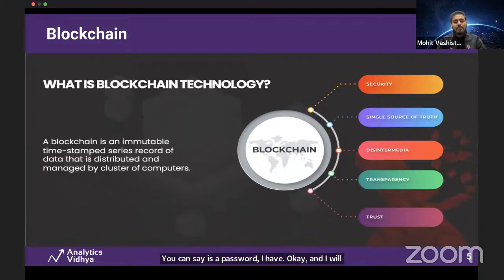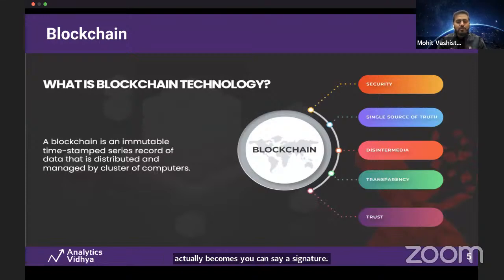You can call it, I have a secret, and with that secret I can encrypt the data, and that data will only go to the receiver, because I have used the public key of the receiver. Okay, so there is a sender and there is a receiver. So we use the public key of the receiver and encrypt the data with the private key of the signer, and it becomes a digital signature actually. Okay, so it actually becomes, you can say, a signature, or you can say hash.